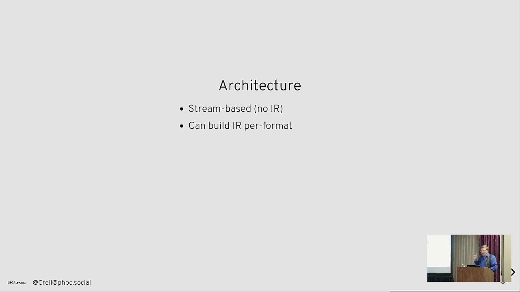However, an individual format can use an intermediary representation if it wants to. That's optional. That's why the CSV formatter or JSON formatter don't have an IR. They don't have a big array at first, or in the middle. But the normal JSON one does build up a big array, so I can just call JSON encode at the end of the day. But that is up to the formatter to do. Everything is driven by attributes. That is the way you control things. And I am working on a way in attribute utils to stub out attributes that get populated from something other than attributes. Stay tuned for that.